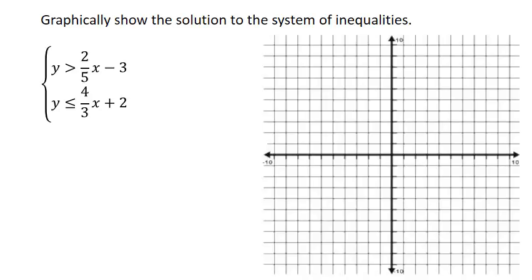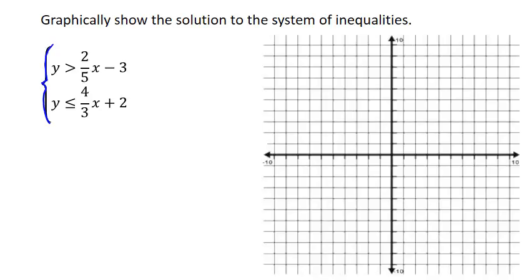You'll notice that just like systems of equations, we have a bracket here which combines the two inequalities into a set of inequalities, which means that they're related to each other, which means the x's are the same and the y's are the same. So these two equations are grouped together to say the variables represent the same things. So what we're interested in is looking for the sets of xy coordinate points that work in both inequalities at